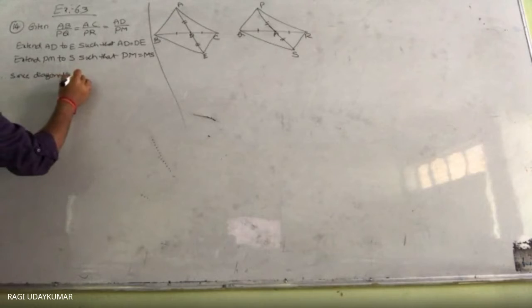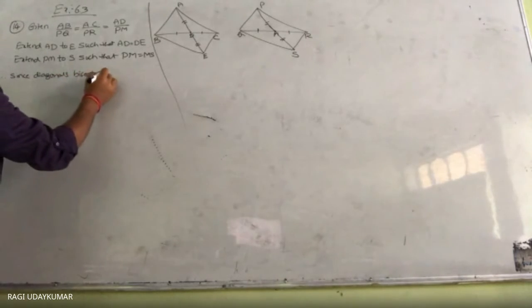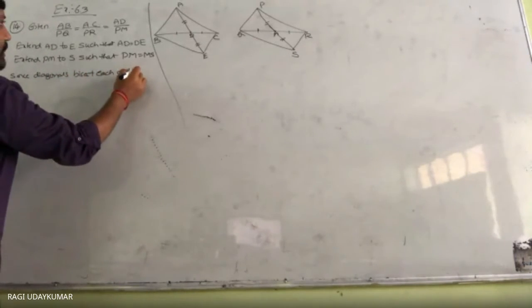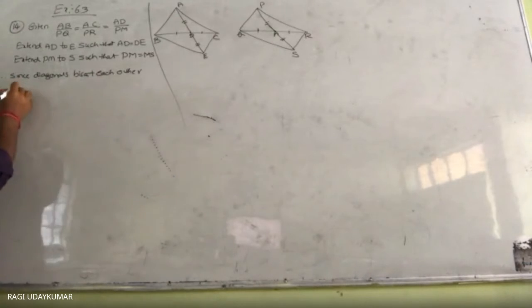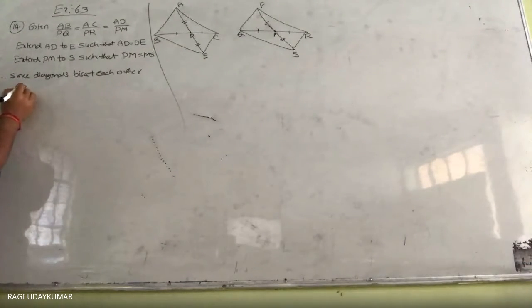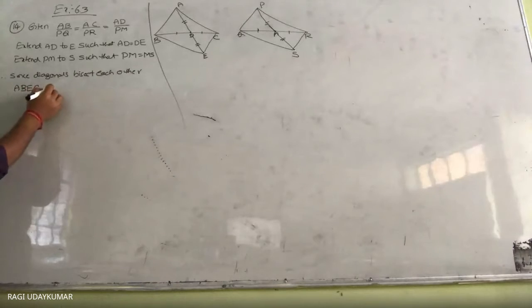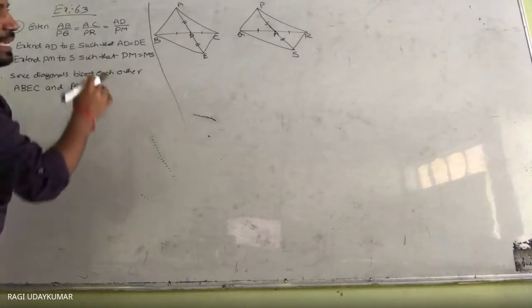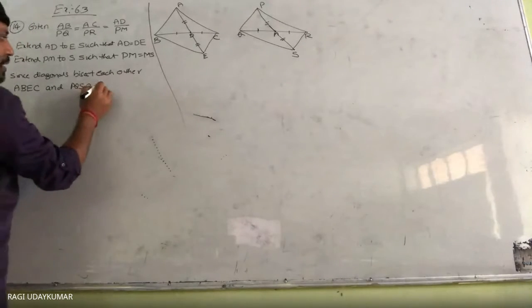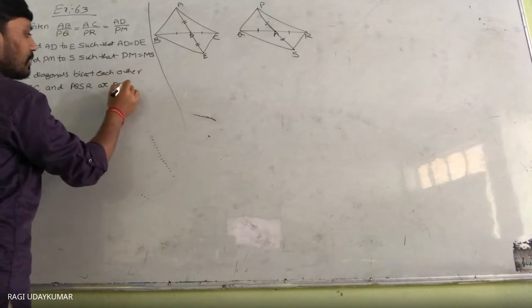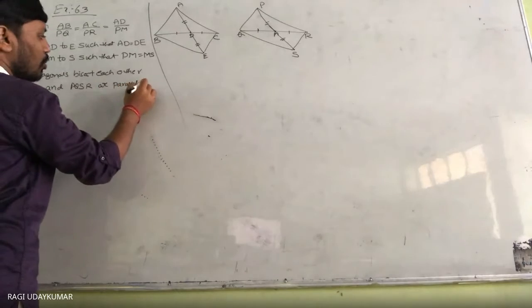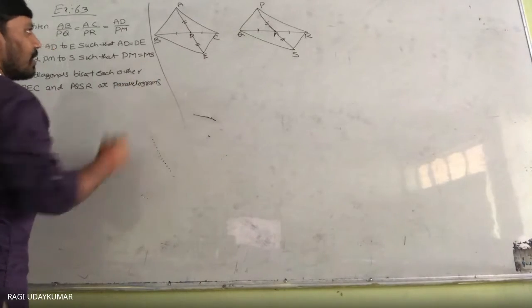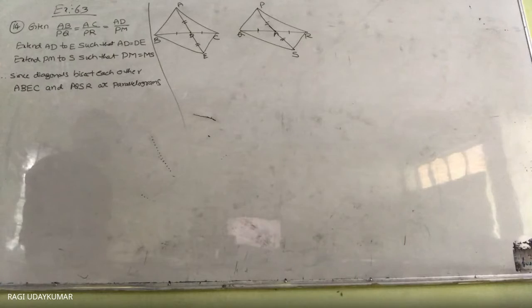Therefore, since the diagonals bisect each other, ABEC and PQSR are parallelograms. So they are the parallelograms. Now here, if these are the parallelograms, if you observe properly,